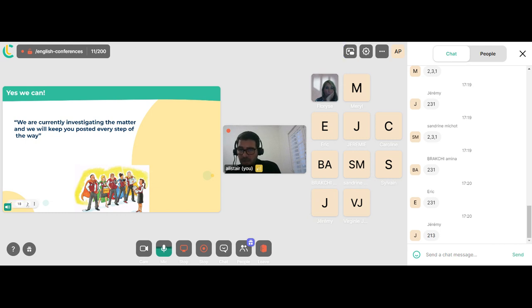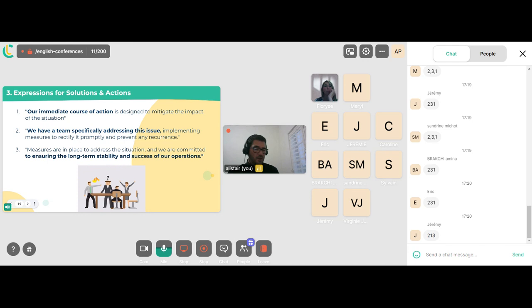Let's have a look at category number 3. Now, these are expressions for solutions and actions. So number 1, our immediate course of action is designed to mitigate the impact of the situation. Number 2, we have a team specifically addressing this issue, implementing measures to rectify it promptly and prevent any recurrence. Number 3, measures are in place to address the situation, and we are committed to ensuring the long-term stability and